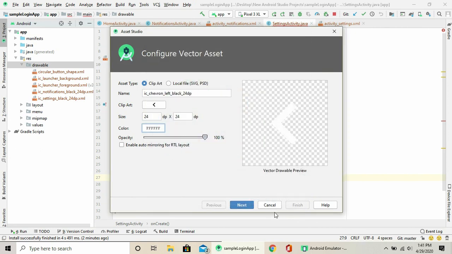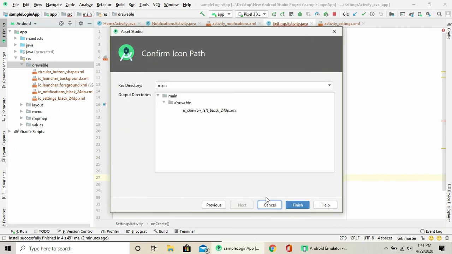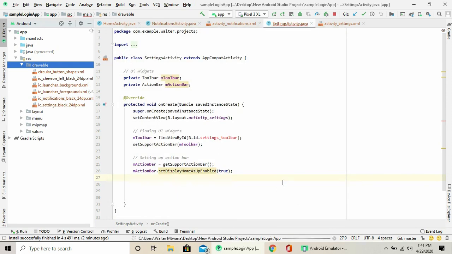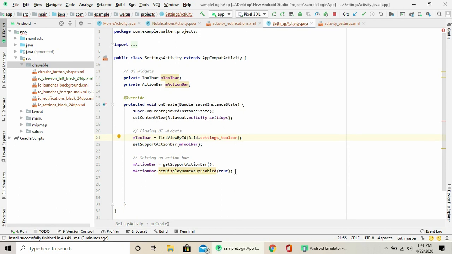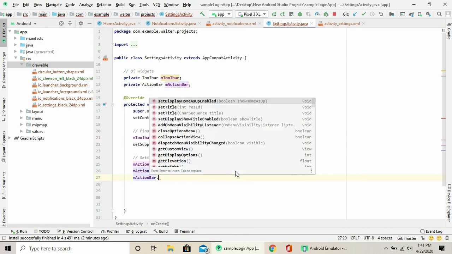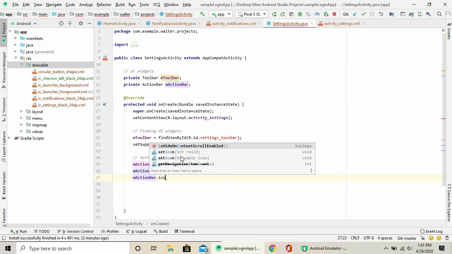We choose them, next, finish. So in action bar, we're going to